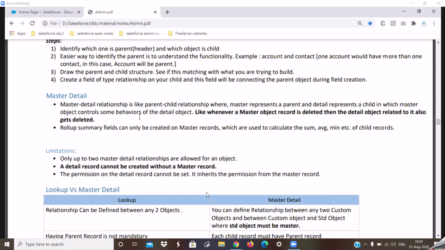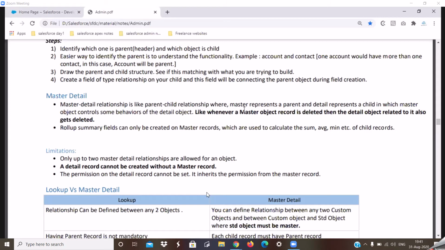The information on the child holding that parent field value gets removed, that is the only thing removed, and the children are still there in the system. But in the master detail relationship, if I delete my parent, all the children will also be removed from the system.